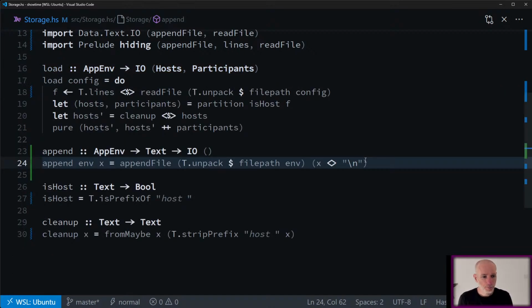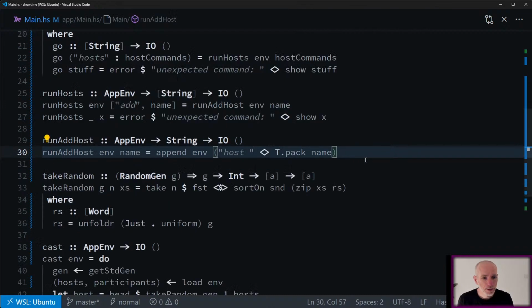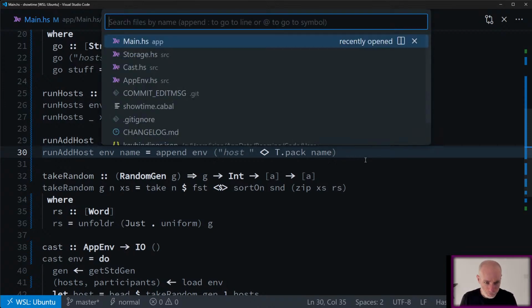We could remove it, but actually before I remove it, I'm a little bit annoyed about this being text and having to pass in the string host. Doesn't feel like I should do that. It'd be better to pass in type, which is the host type, and append should be able to cope with that. So this is going to be a little bit of refactoring.